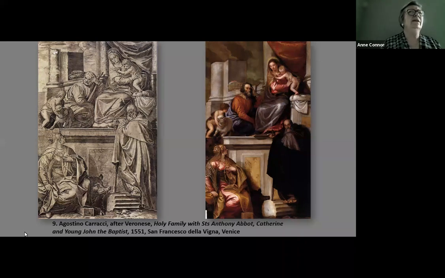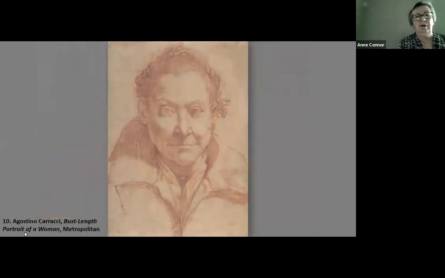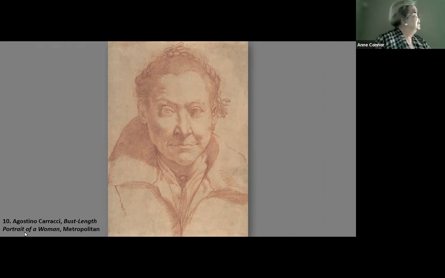The three cousins were fabulous graphic artists. And this is an example by Agostino of a red chalk drawing of that woman who is partially blind. It's absolutely superb when you see that face. To me, it makes me think of Rubens, because Rubens was drawing in a very similar way and probably influenced